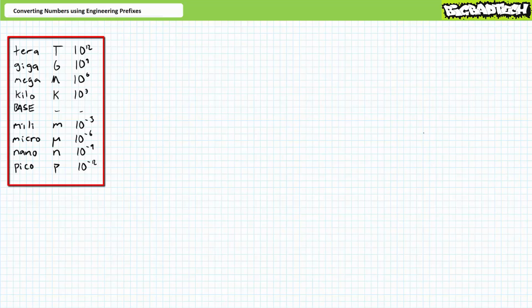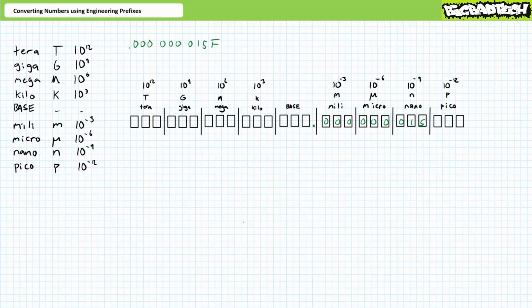The next smaller prefix is the nano, abbreviated small n, equivalent to 10 to the negative 9th or 1 billionth. Finally, the next smaller prefix is the pico, abbreviated small p, equivalent to 10 to the negative 12th or 1 trillionth. These negative powers of 10 and steps of 3 are associated with rightward shifts to the decimal place from the base unit. For example, consider the number 0.000000015 farads. Shifting the decimal place 9 spaces right, this would be more appropriately expressed as 15 nanofarads in proper